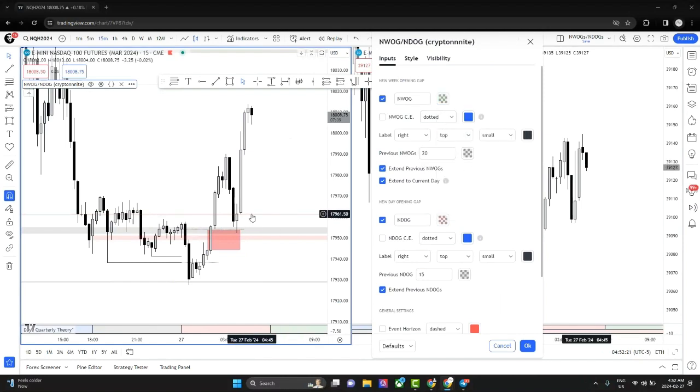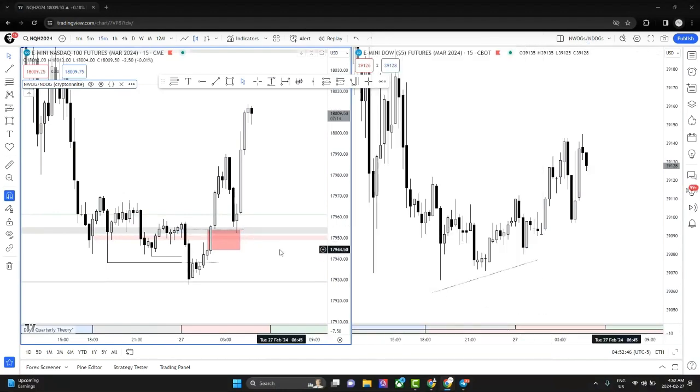Okay, so this green right here, you see this level? That's the new week opening gap. This gray level right here, these are previous new day opening gaps, right? If you need the settings, you just use this. So whenever the levels that we would be looking for overlap with these, that makes it even higher